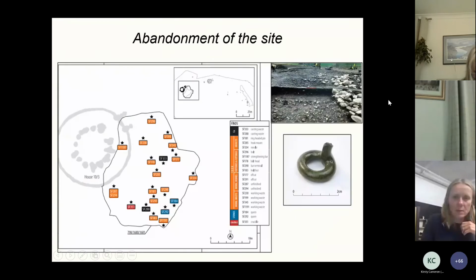So at the end of the life of this wonderful site, it's quite clear the site was abandoned, because spreading over the entire eastern side of House 10, this is House 10 here that we've talked about, and the cobbled surface beside it, was a vast spread of black silty loam with abundant fire-cracked cobbles. And if you remember that first aerial photograph we looked at, that big black splodge, that is this. It completely covered the cobbled yards, the glass and copper alloy workshops and hearths, and workshops 13 and 15. This abandonment spread